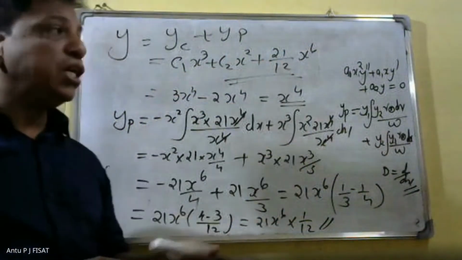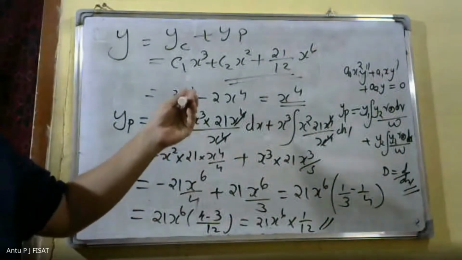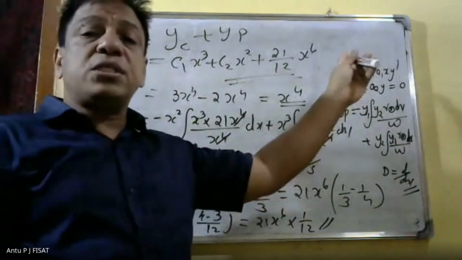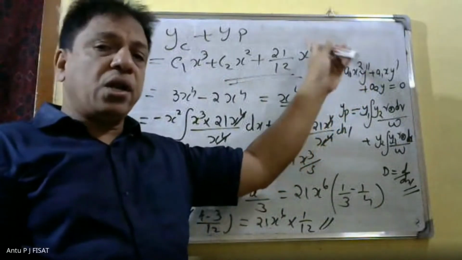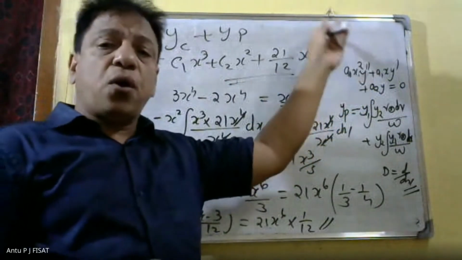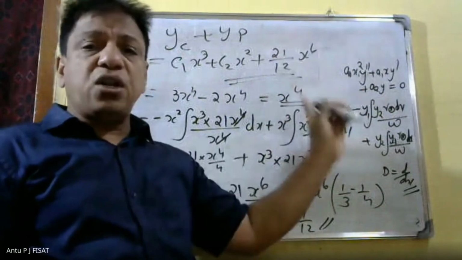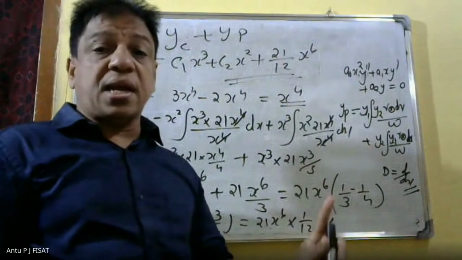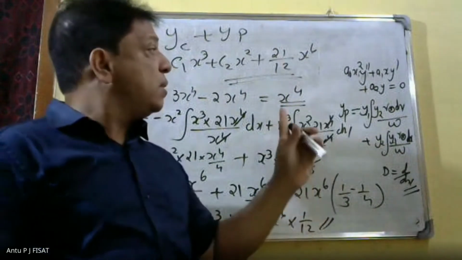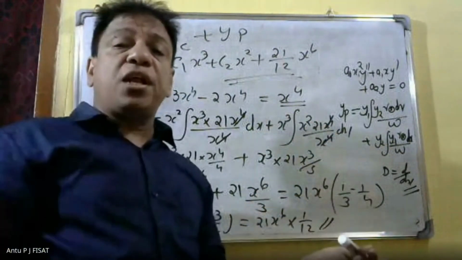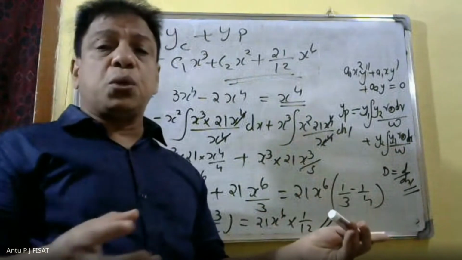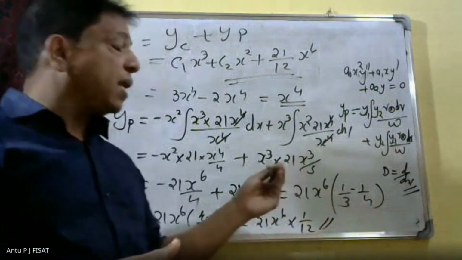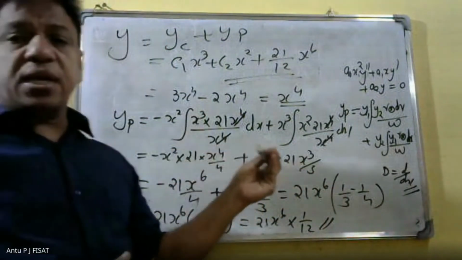This is the procedure for finding the solution. In this case, the given differential equation is in the form of Euler-Cauchy equation. Compare with the Euler-Cauchy equation and find the value of A0, A1, A2, then write the auxiliary equation. Then from the auxiliary equation, we get different roots. The roots are 2 and 3. Since the roots are 2 and 3, we can write the y of c.